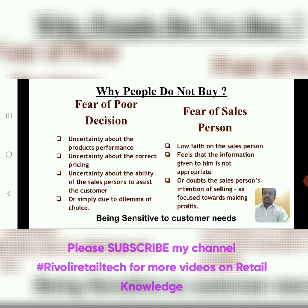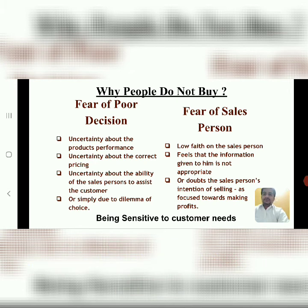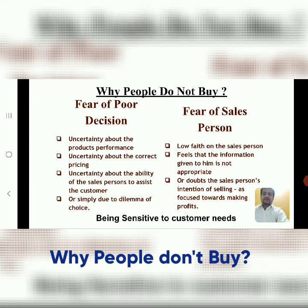Fear of poor decision, uncertainty about the product's performance. Sometimes due to this reason the customer doesn't buy. Uncertainty about correct pricing. The customer has confusion in their mind whether the pricing of that particular product is correct or not, so they just leave the product. Uncertainty about the ability of the salesperson to assist the customer. Sometimes some associates don't have that much confidence or knowledge about the product. Just because of that, the customer is confused whether the salesperson has good knowledge of the product or not, and because of this they leave the product